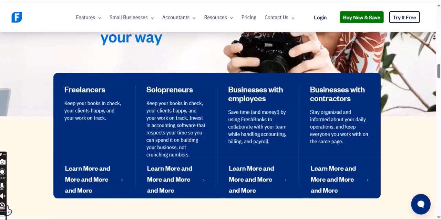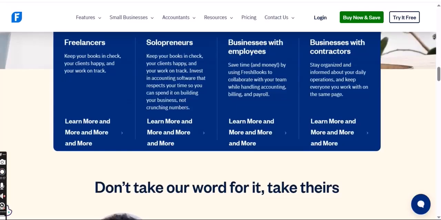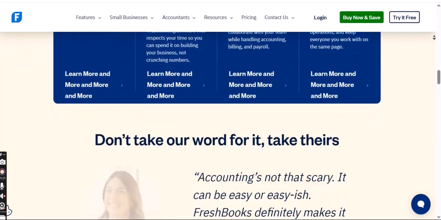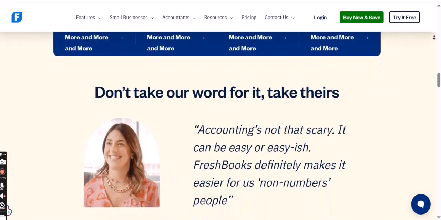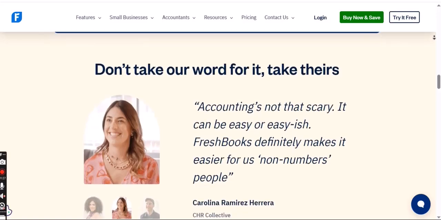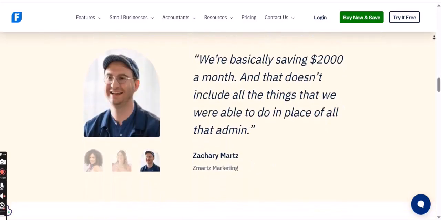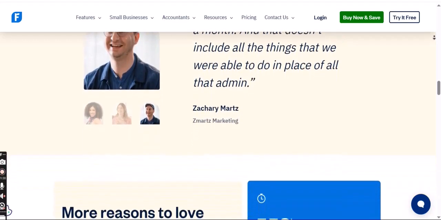What exactly is a journal entry? Before we dive into the how, let's quickly clarify the what. In accounting, a journal entry is the initial record of a financial transaction. It follows the fundamental accounting equation: assets equals liabilities plus equity. Every transaction affects at least two accounts, and in a journal entry, these effects are recorded using the principles of